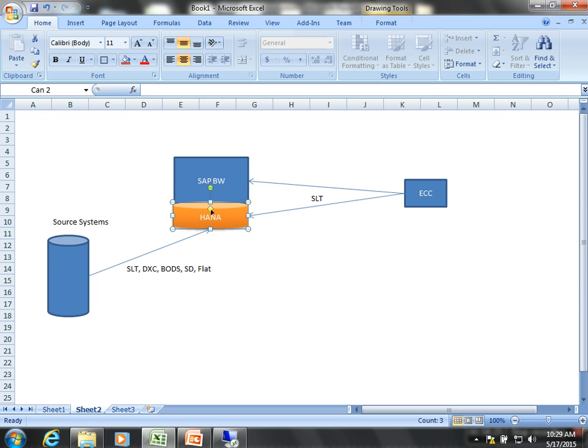That's not about modeling. Modeling is still the same, because 7.4 SP8 is BW. There is nothing relevant to HANA here. So even inventory cubes can be converted as optimized cubes. That's what it is.